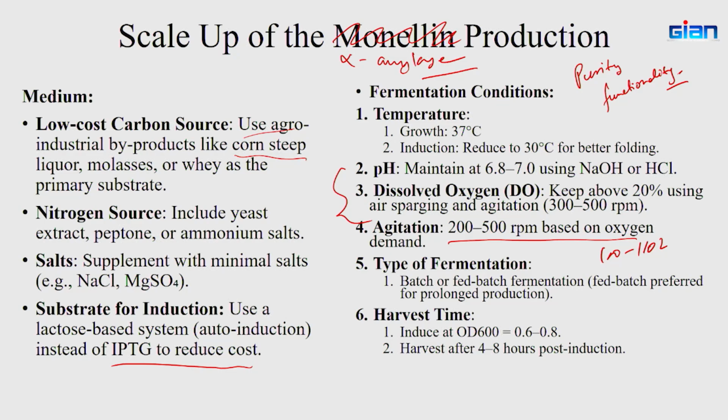I still feel 200 to 500 RPM is pretty high. I'm trying to imagine. Is there a fan here? No, we don't have a fan here. What would be the RPM for a fan? Somewhere 100 to 200 RPM? 150. So if I take that and put it inside a 100 liter, I don't think my E. coli will last. They will be like flying everywhere. No, I'm just curious. This 100 to 200 RPM seems a bit high. I might be totally wrong.